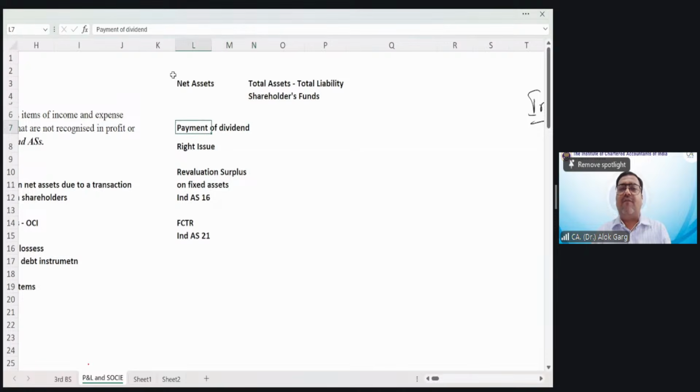My dear friends, from payment of dividend, tell me, whether your net assets will increase or decrease. भाई डिविडेंड पे करेंगे तो क्या होगा? शेयर होल्डर फंड्स कम हो जाएंगे, कैश चला जाएगा. Retained earnings, Kanhaiya, how can there not be any impact from payment of dividend? Retained earning account debit to bank, retained earning to dividend, dividend to bank. शेयर होल्डर फंड्स में क्या आता है? रिटेन्ड अर्निंग आती है ना. See Kanhaiya,